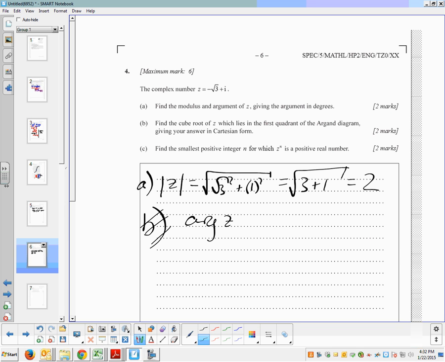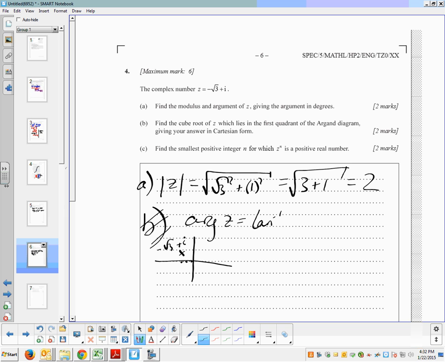It's always helpful to think about where it is on the complex plane. Minus root 3, it's going to be back here somewhere. Plus i, it's going to be up here. Minus root 3 plus i. The argument of Z is equal to